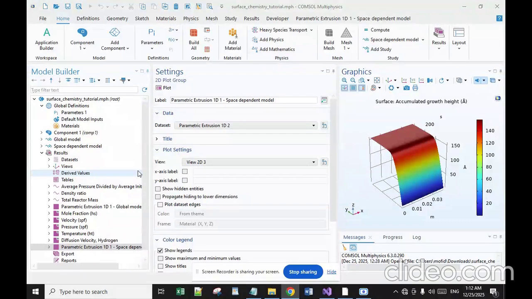From the net reaction, SiH4 gives Si plus 2 H2, there should be a molar inflow of hydrogen at twice the rate that silane is leaving. Although this condition is not applied explicitly, it is implicit from the equations solved in the heavy species transport interface. Despite the fact that there is a negative mass average velocity, there is a positive diffusion velocity for the hydrogen at the wafer surface. The y component of the diffusion velocity for hydrogen is plotted here,